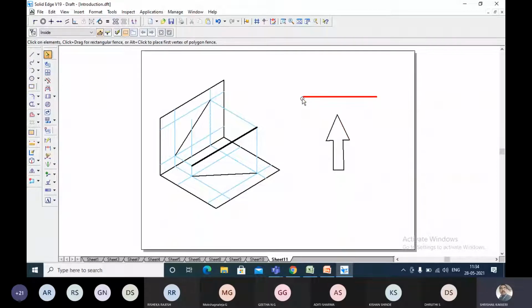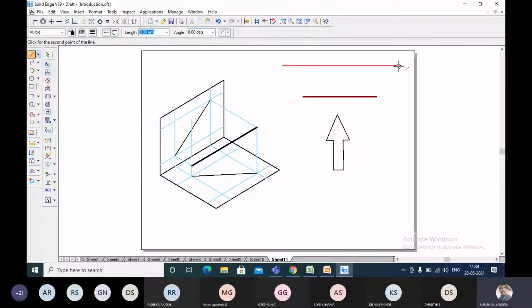Now, whatever image is falling here, try to understand what I'm telling. Now I'm going to project this onto this plane. I'm going to look at this, and this end is falling here, and the other end is also falling at the other end.